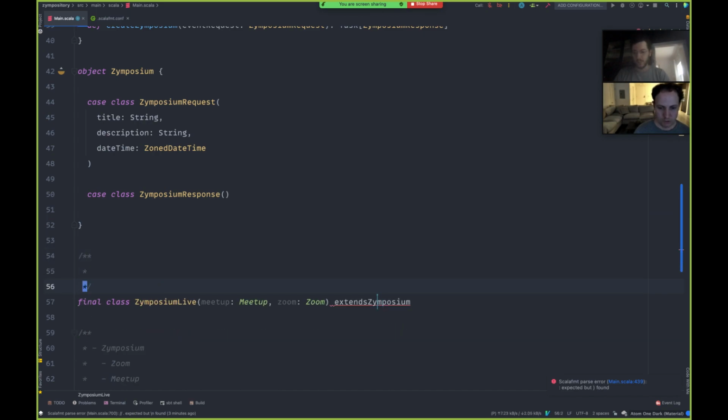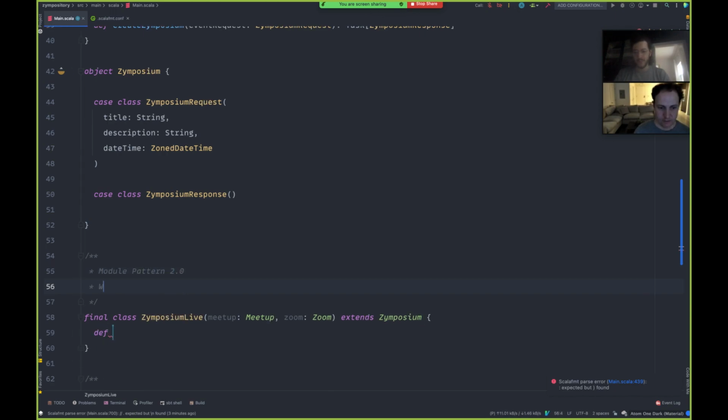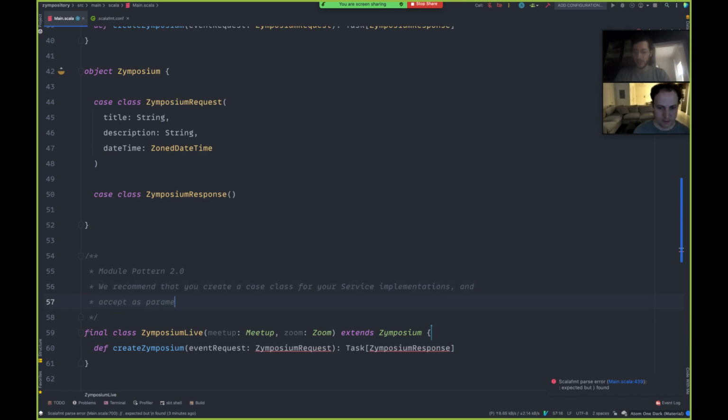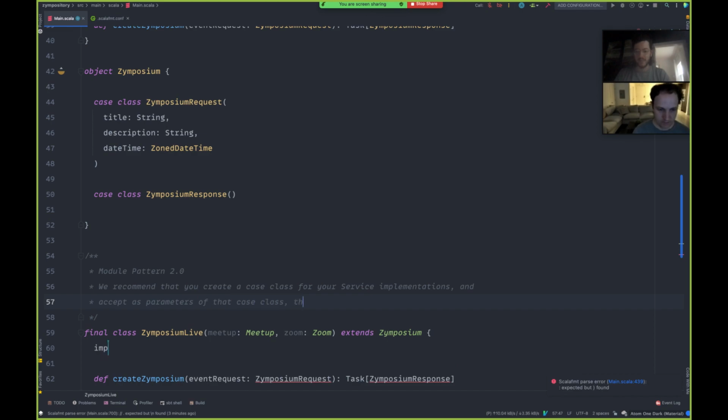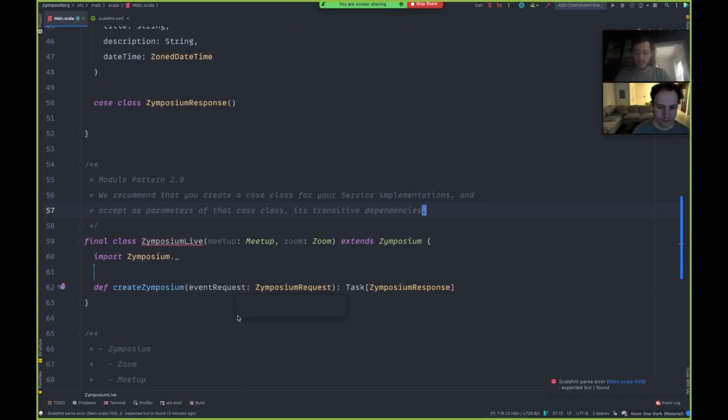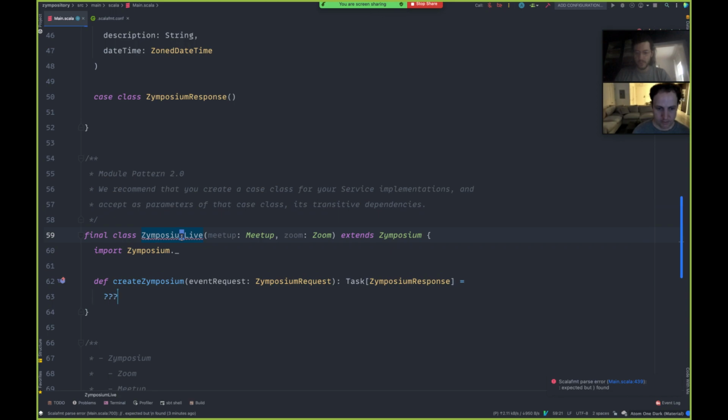So just to make some notes for everyone, in the module pattern 2.0, we recommend that you create a case class for your service implementations, and accept as parameters of that case class its transitive dependencies, not as layers, but just as concrete parameters. And cool. There we go.